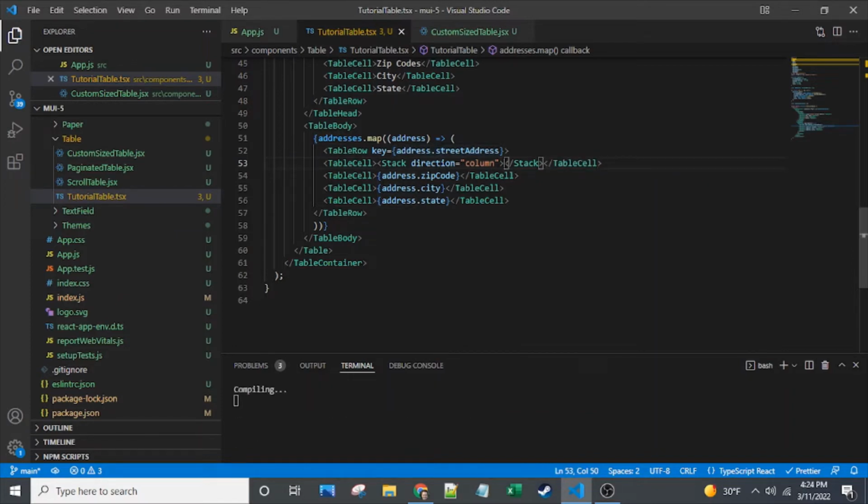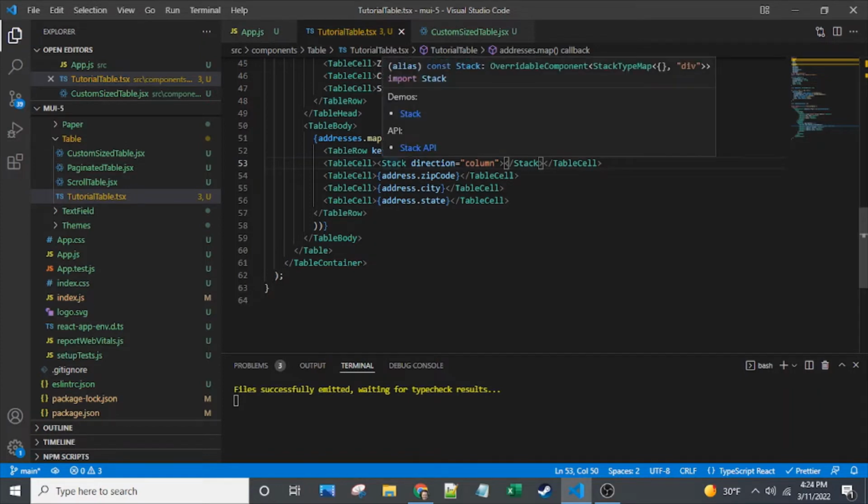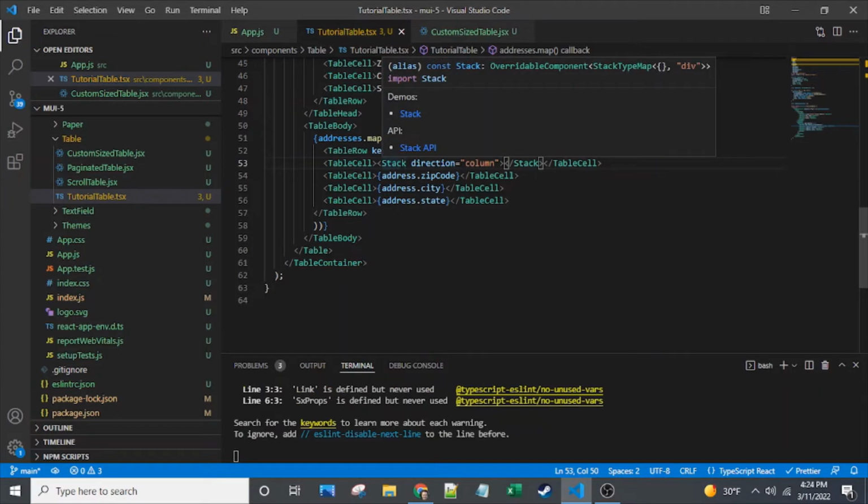And put a couple divs in here. So the stack component is new to MUI 5. If you have a one-dimensional layout, whether vertical or horizontal, it's just a quick component for doing that. And it reminds me a lot of the box component, so I'm not sure if it's exactly supposed to be a replacement, but perhaps. So anyway, let's get